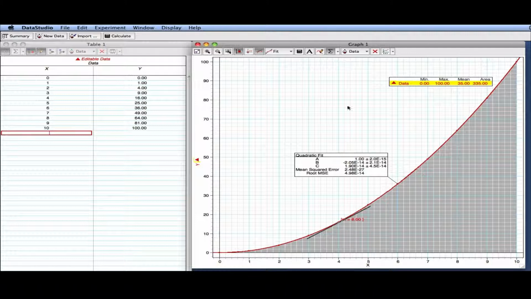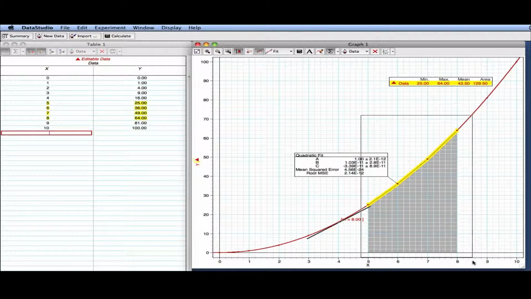Right now it's finding all of it. I can click a certain region. And these are based on data points, so you can see it's using the data points that I typed in there. So the resolution of your data points will dictate what area you can obtain. But for this region right here, from 5 to 8, my minimum value is 25, which is right there. My maximum is 64. The average is 43.5, and the area under the curve, which we're going to use in later labs,